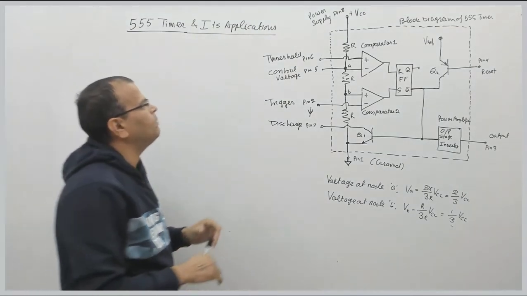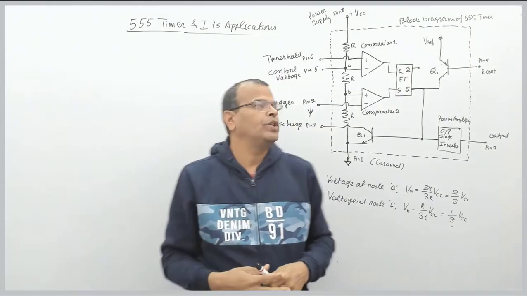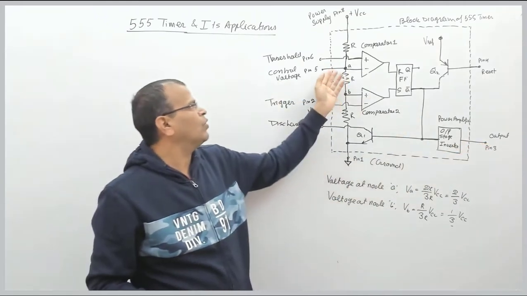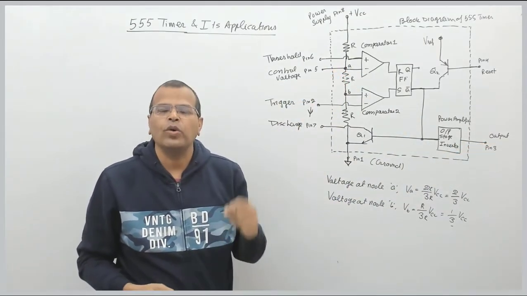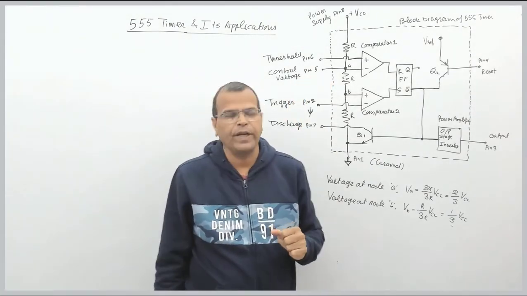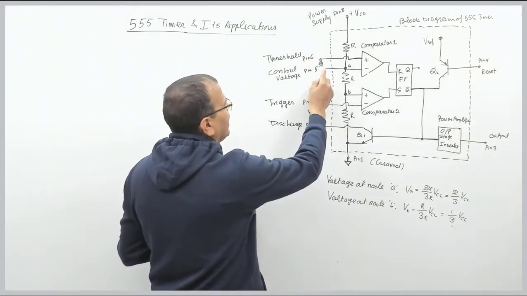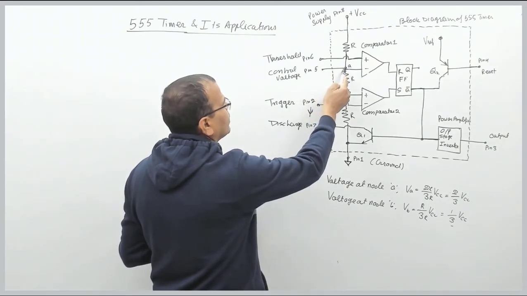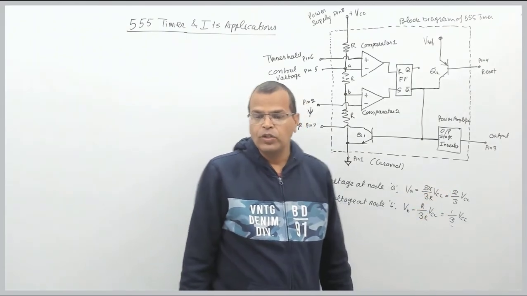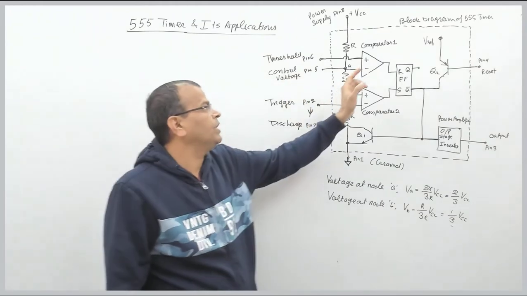Now let us see pin number 5 and 6. Pin number 5 is basically a control voltage, which is used to control the width of the voltage at output by controlling voltage at node A. When pin number 5 is not used, it is connected to ground. Fine. Now let us see the function of pin number 6. When voltage at pin number 6 becomes more than the voltage at node A, what is the voltage at node A? 2 VCC by 3. So when voltage at pin number 6 becomes more than 2 VCC by 3,